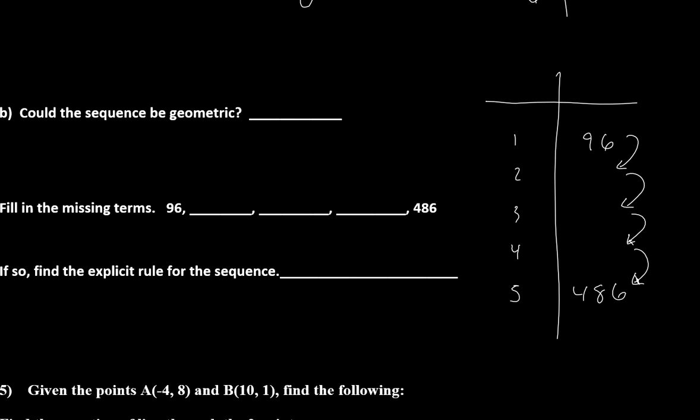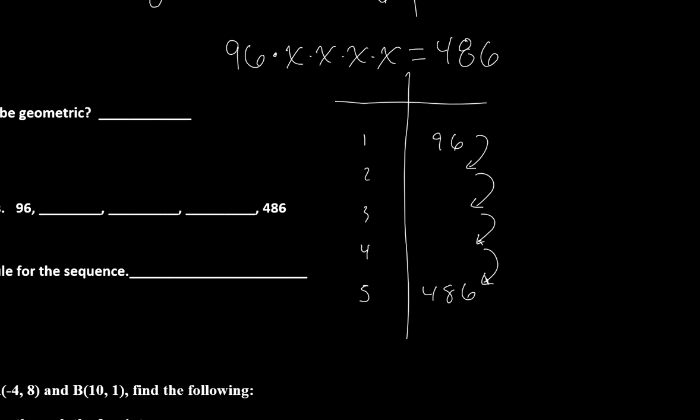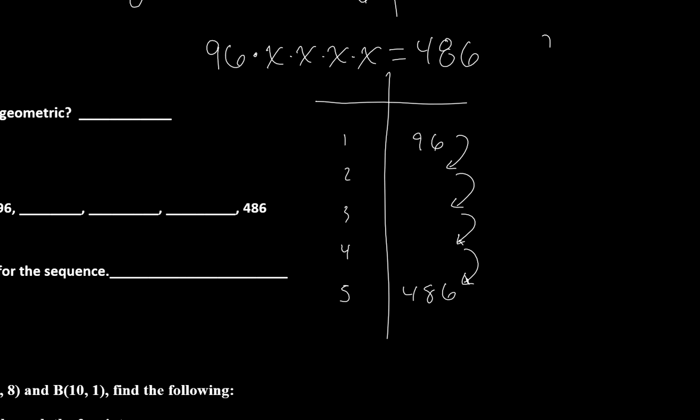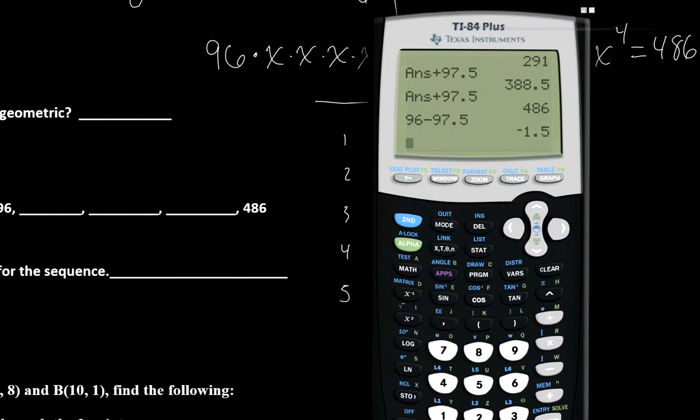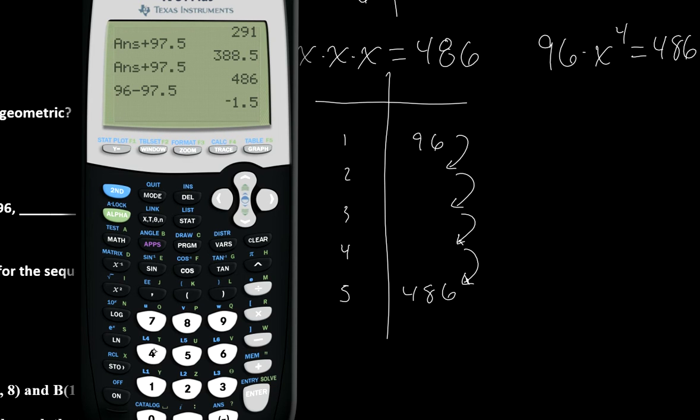In fact, if I start at 96 and multiply by some value of x, I don't know what it is, but I multiply it 1, 2, 3, 4 times, I need to land at the number 486. I don't think we've looked at these this way yet this year. This is interesting because I could rewrite this as 96 times x to the fourth power, and that equals 486. If I divide both sides by 96, 486 divided by 96,